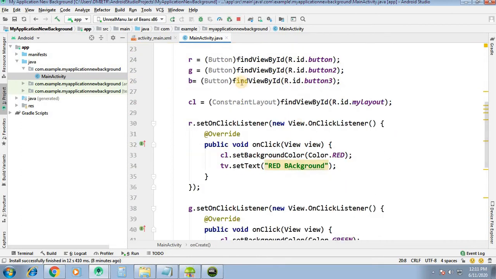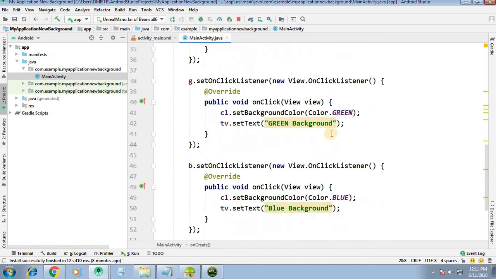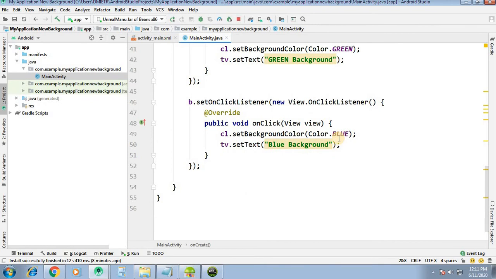Then the button assignment, then the constraint layout assignment, then r dot set on click listener, we have set the color red to the background of the constraint layout, then the message red background, green color to the background, green background as a message, blue color to the background, and blue background as a message.